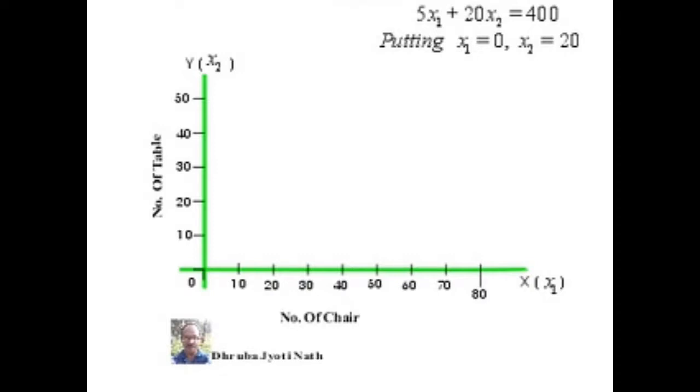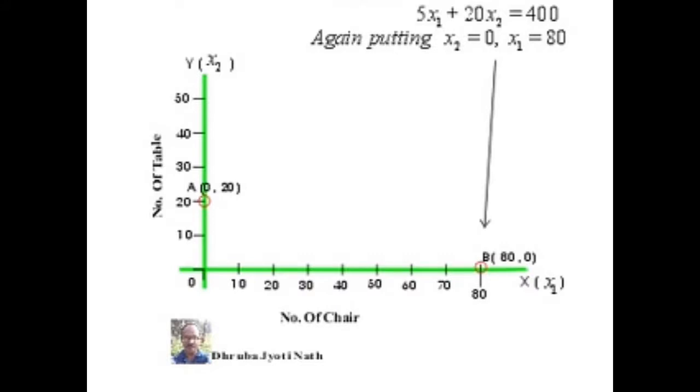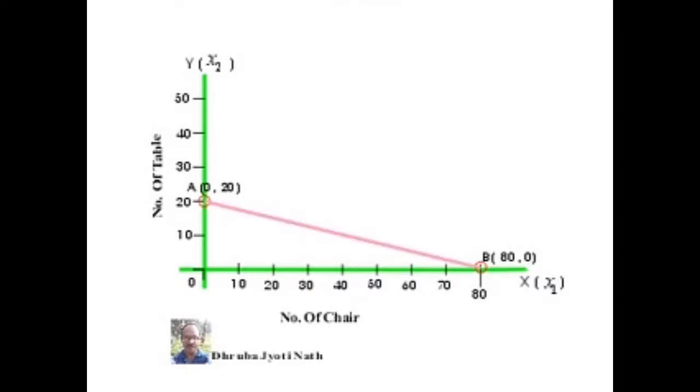Therefore, we get the first ordinate A, whose points are x1 equal to 0 and x2 equal to 20. Similarly, if we put x2 equal to 0, then we get x1 equal to 80. Therefore, we get the second ordinate B, which is situated at the point x1 equal to 80 and x2 equal to 0. Now, connecting A and B by scale, we get the straight line AB. This is the first